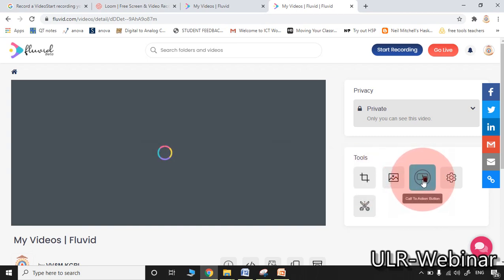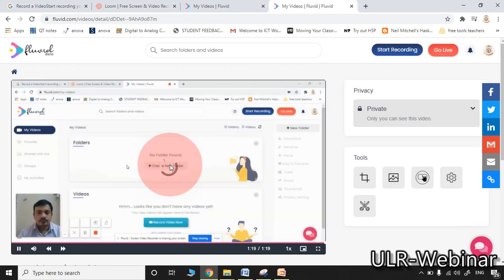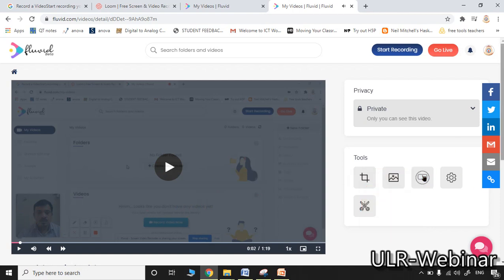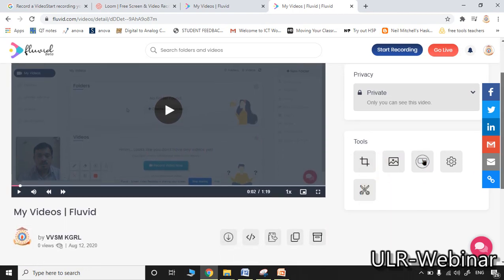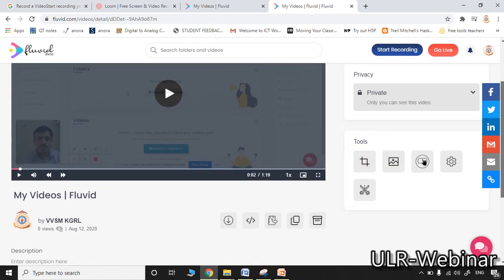Call to action button is also available here. So thumbnail uploaded. Whenever we are saving this particular file, automatically the thumbnail will appear on this video. Some settings are there. There is an option to trim your video also.